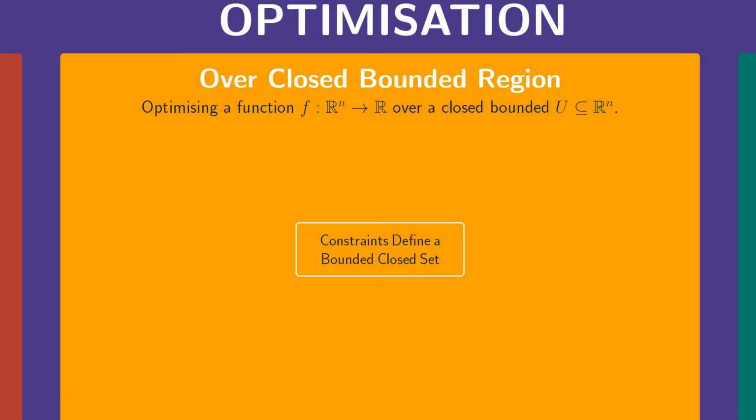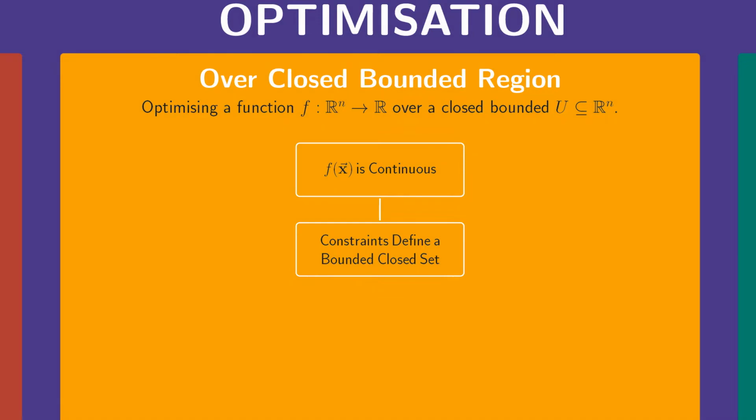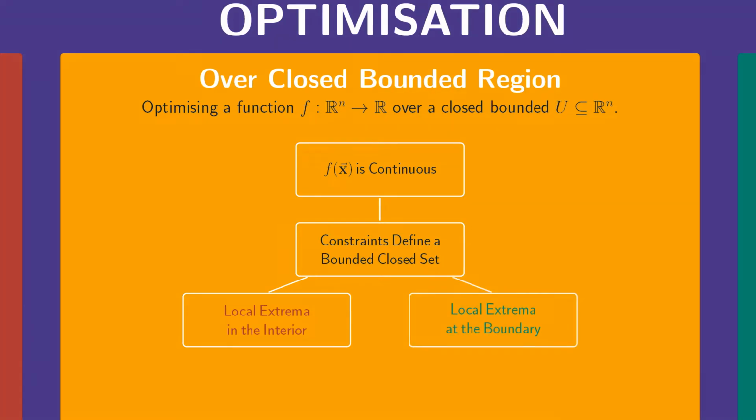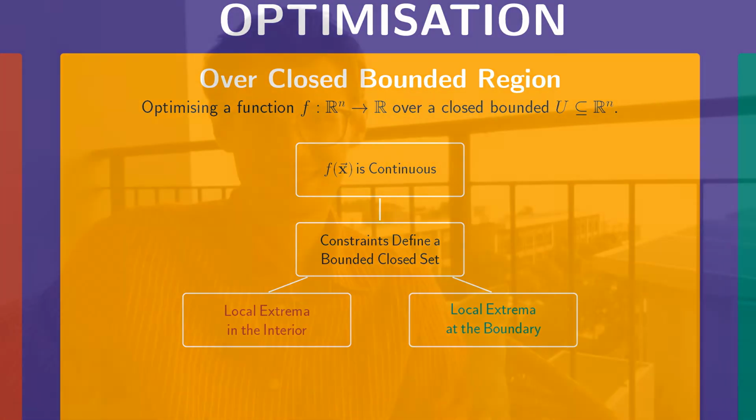First, we really need to assume that this function is continuous, otherwise there might not be minima or maxima at all. By the extreme value theorem, a continuous function defined over a closed bounded region has somewhere over this region its maximum and also its minimum, but they are not necessarily unique. Now, there are two options where such extrema might be: in the interior of the domain or on the boundary of the domain. Wait, what is boundary and what is interior?